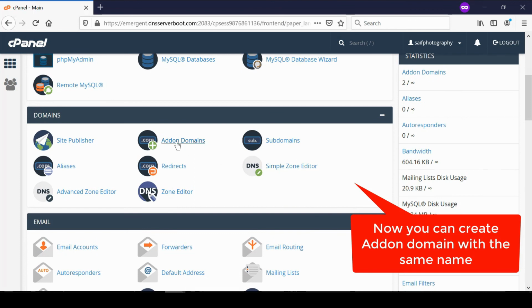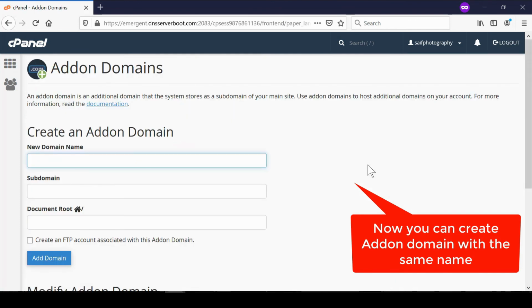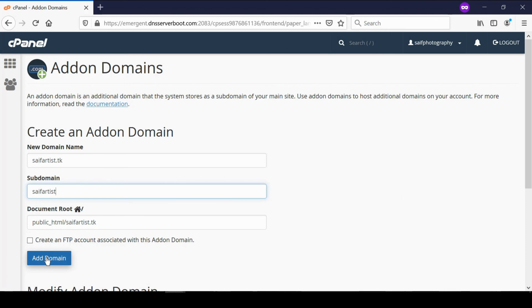Now, if you try to create an add-on domain or a subdomain from the cPanel account, it will be